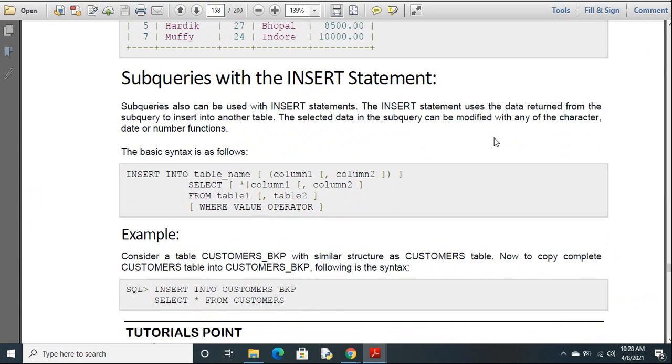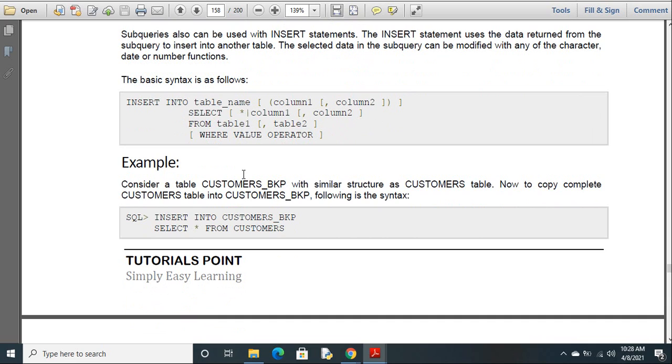Subqueries with insert statement. Insert into table. We can insert some values from one table to another table directly by using this subquery. Consider a table customers_BKP with similar structure. Now I want to copy the complete customer table into customers_BKP.